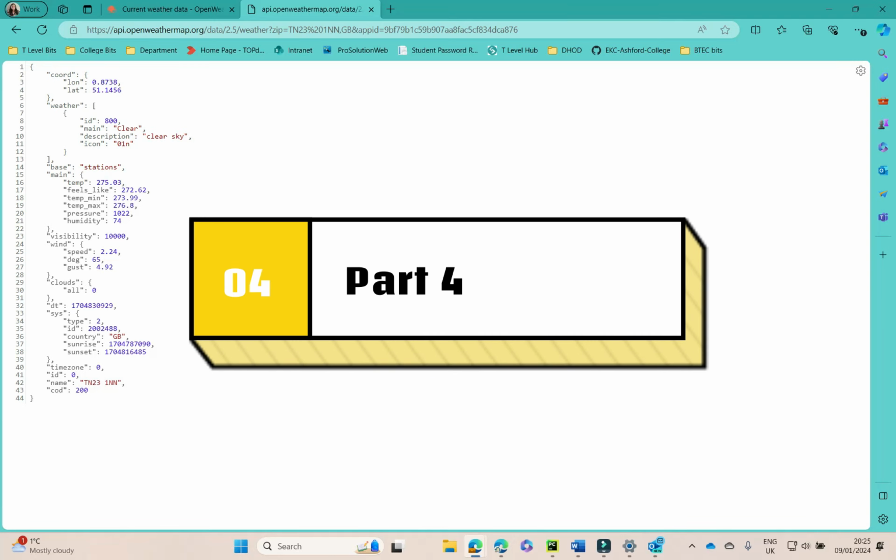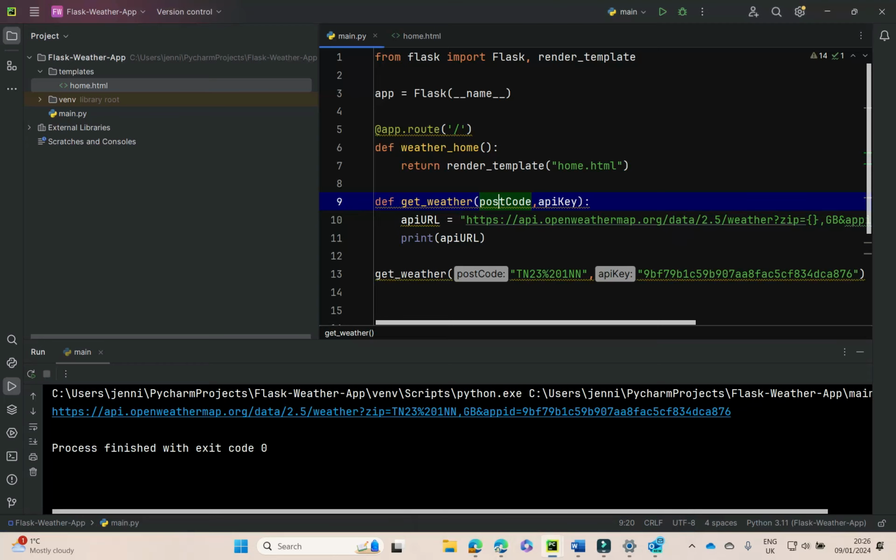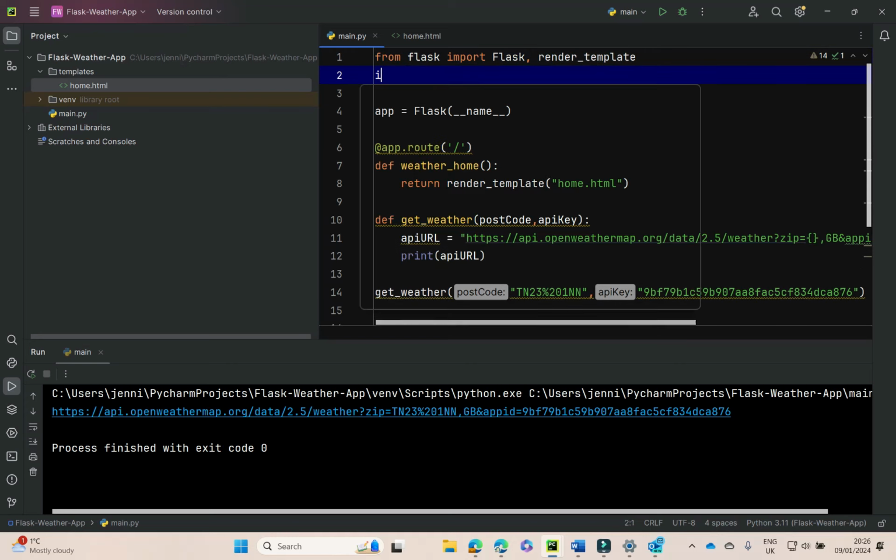So now we have our URL and we're able to get this data, but obviously this is no good to us in this web link. We need to get this data inside of Python. Okay, so what we're going to do next is we're going to use another library called requests. Essentially what that's going to do is it's going to go to a URL or a website, and it's going to scrape that data and convert it into Python code that we can use. Okay, so we're just going to go import requests,